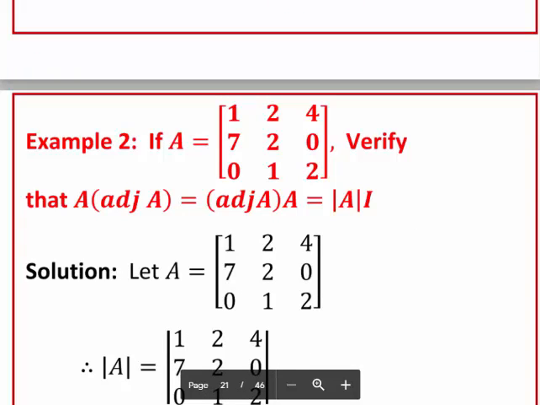Same thing we have to do, but matrix A is not of size 2 by 2. That is now a little bigger. That is of order 3 by 3. A matrix is of order 3. Again, we have to calculate the adjoint of A. To calculate the adjoint of A, we have to find the cofactor matrix. Then also calculate the determinant of A separately and check whether the product A into adjoint of A is exactly equal to determinant A into I or not, or it can be expressed by using determinant and identity matrix.